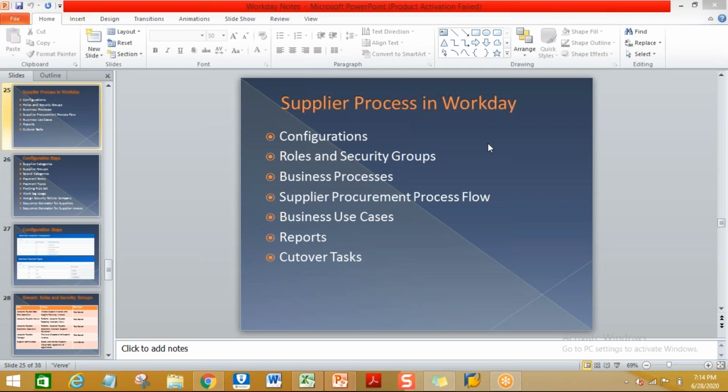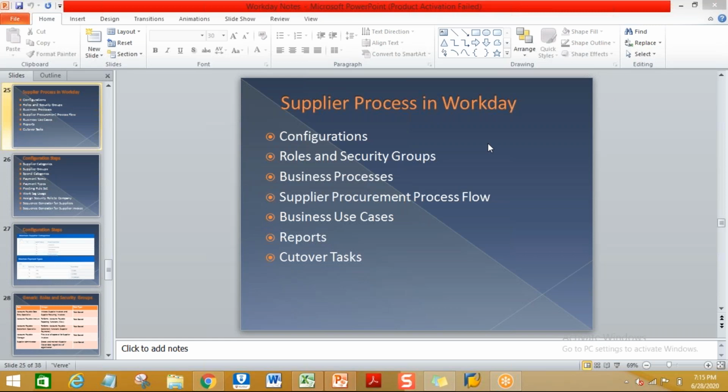Once you start the project, the IT service partner will finalize their Workday IT team. So the senior team will come to you, meaning you are the client. They will sit with your business users, core business users. They'll ask what processes you are following. Let's say now we stick to the suppliers process.